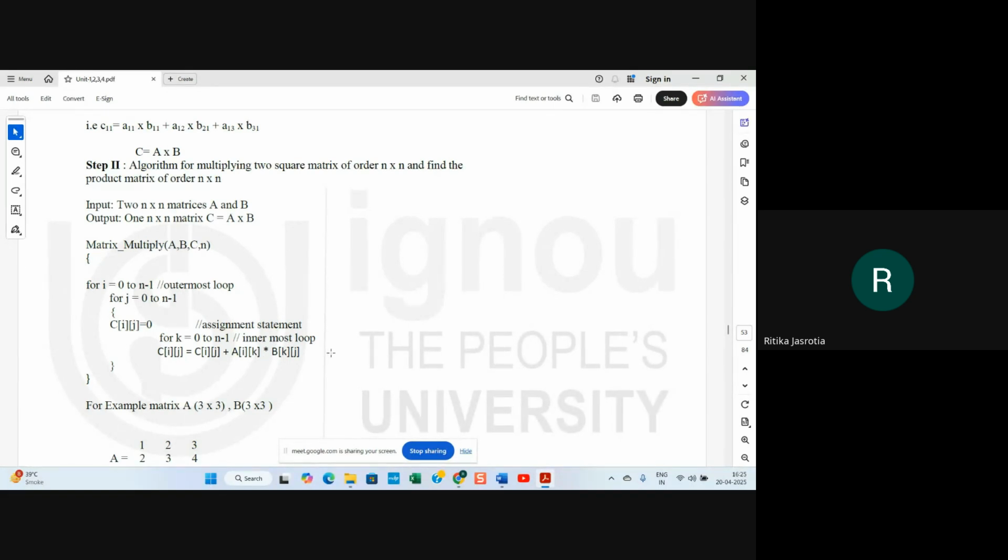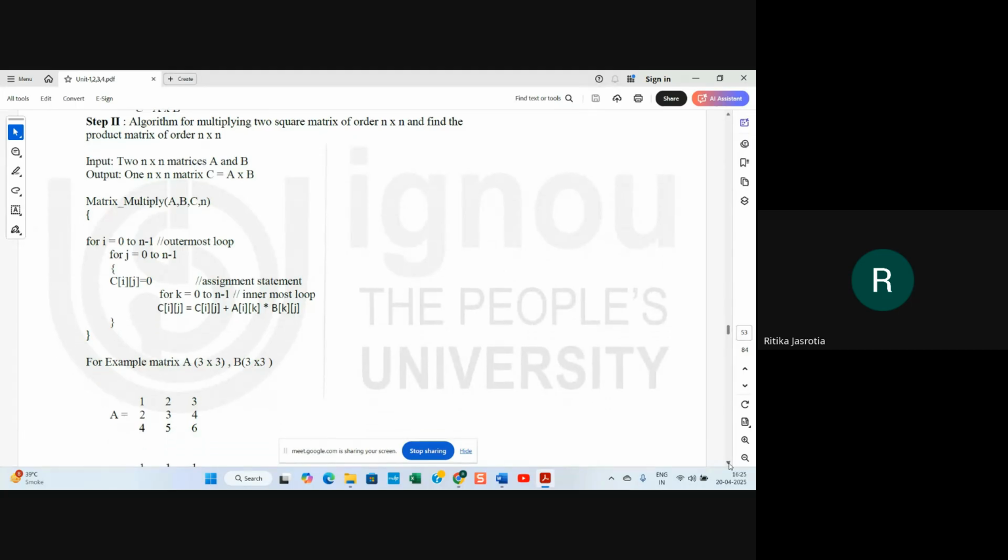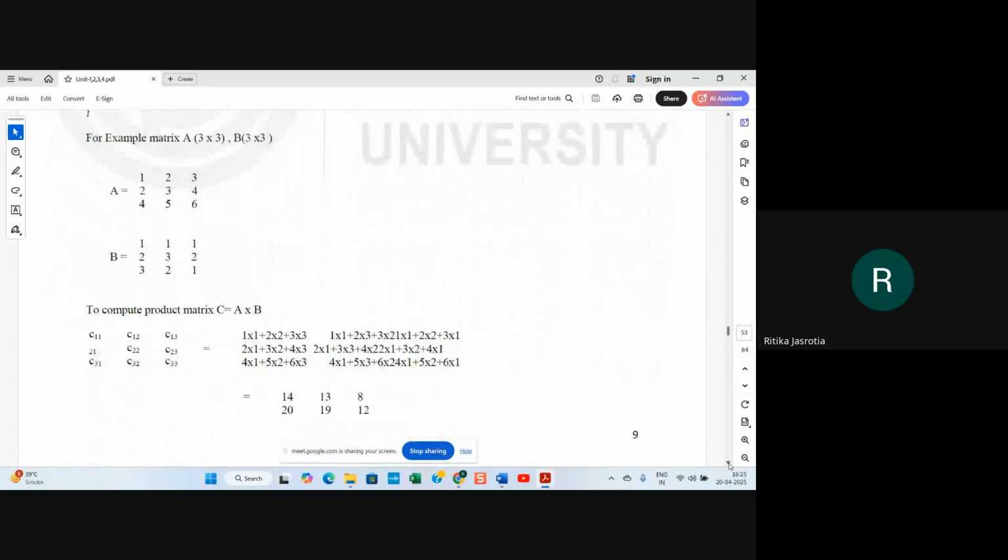इस तरह से मल्टीप्लिकेशन में, मतलब अगर आप प्रोग्रामिंग पॉइंट ऑफ व्यू से मल्टीप्लाई करोगे तो ऐसे लेना है. तो इन्होंने इस तरह बताया हुआ है कि C11 पे क्या वैल्यू मल्टीप्लाई हो रही है, C12 पे क्या वैल्यू हो रही है, C13 पे क्या वैल्यू मल्टीप्लाई हो रही है. इस तरह से.